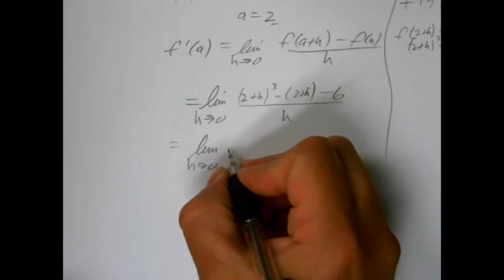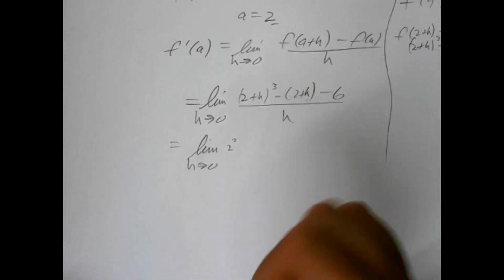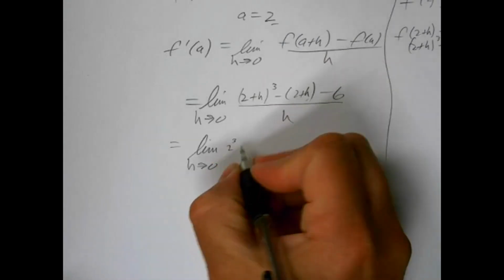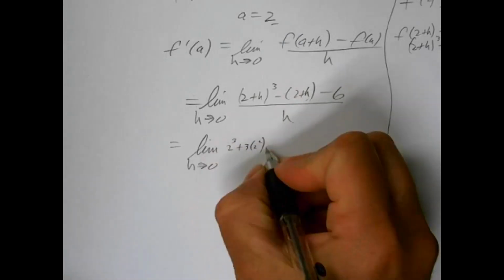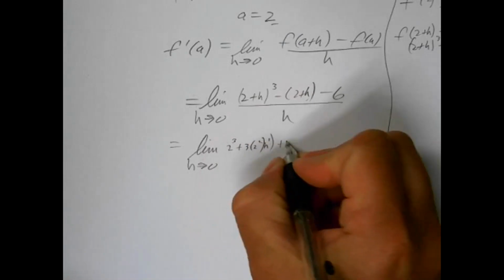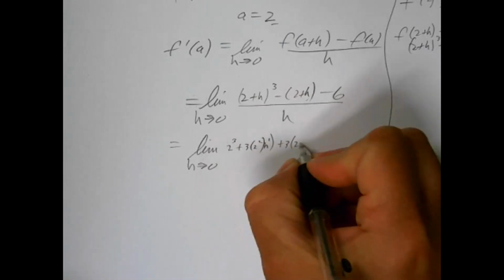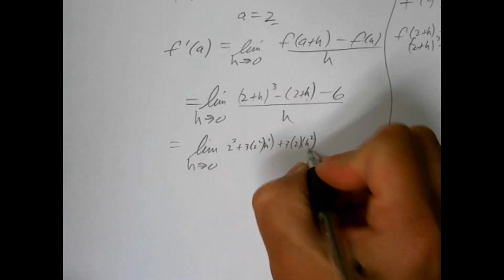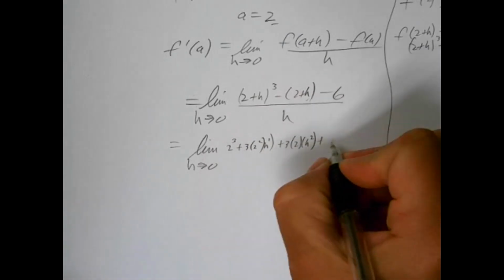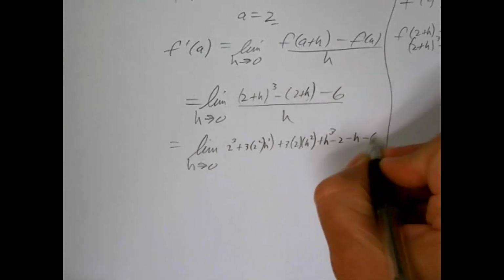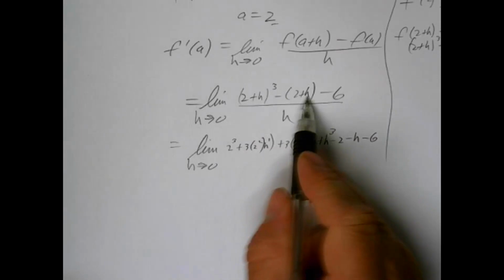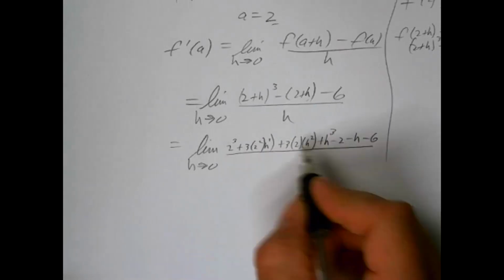What you're going to end up with is 2 cubed plus 3 times 2 squared times h to the first plus 3 times 2 times h squared plus an h cubed minus the 2 minus the h minus the 6, because I'm going to distribute the minus sign here,